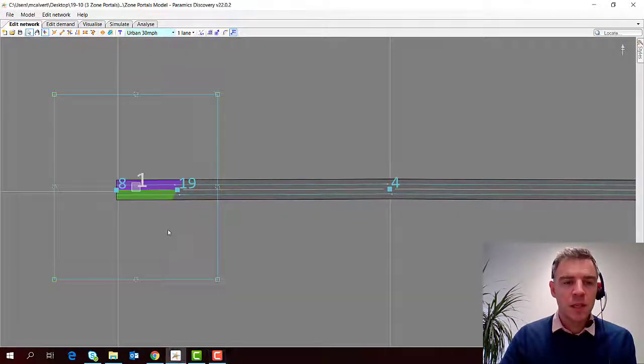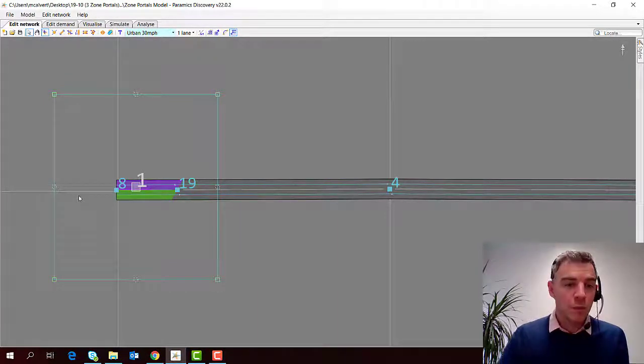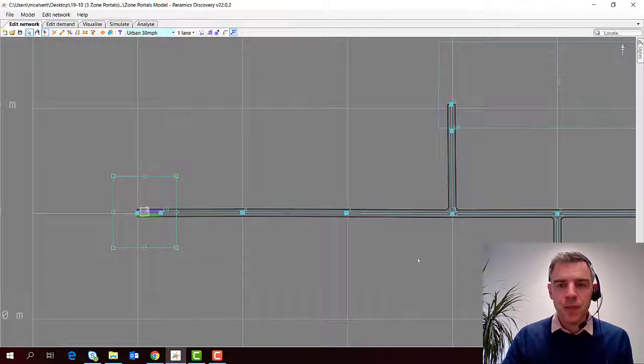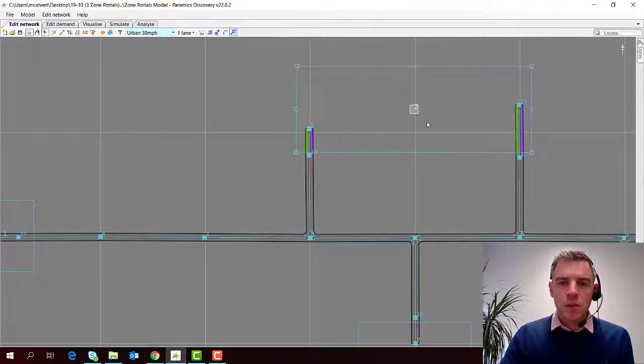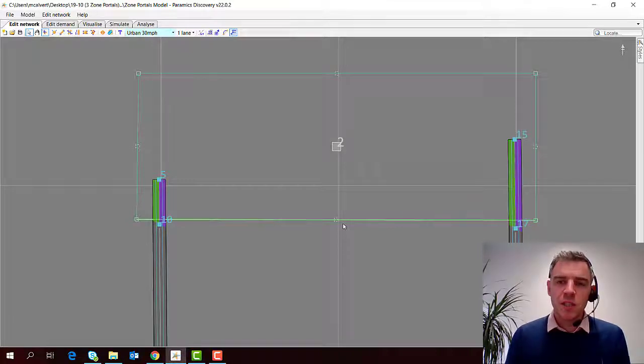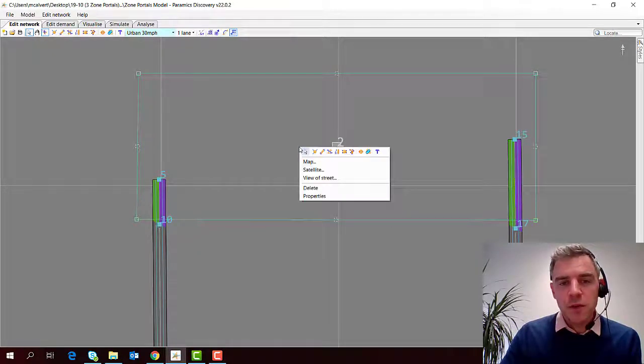As you can see, zone 1 is placed over link 8 to 19, and so all the traffic leaving and arriving in zone 1 will be leaving on link 8 to 19 and arriving on link 19 to 8. So it's very straightforward how that traffic demand works at that zone. But we've got another example, zone 2, which is covering 2 links. So the first thing when we start to look at zone portals is understanding how zones work when they cover more than one link. Now I'm going to click on this zone and go to Properties,